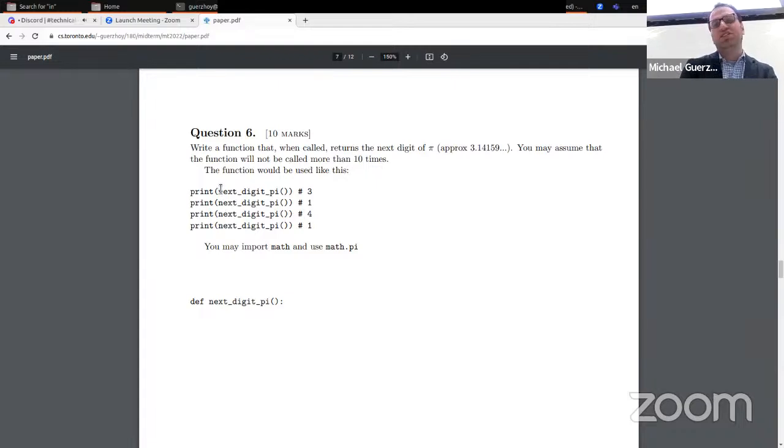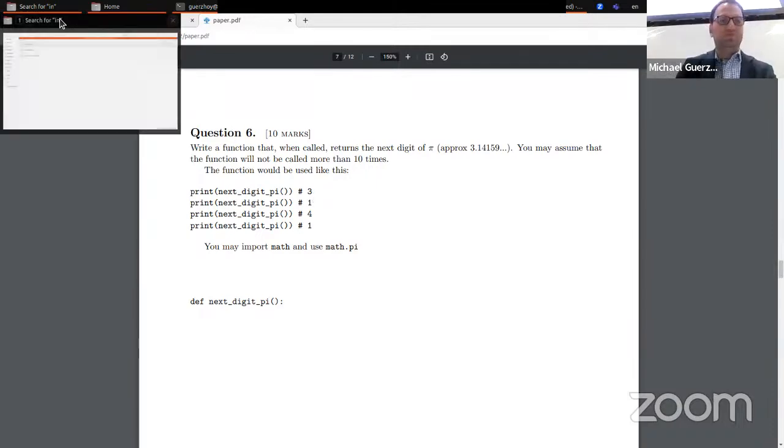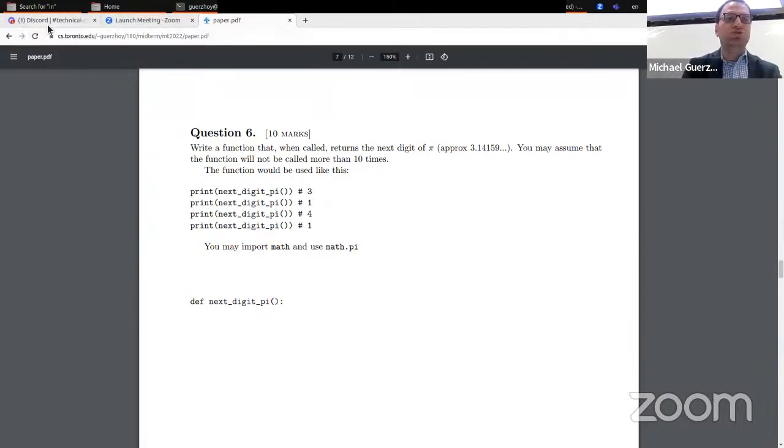I want to talk about question 6, and also about how to approach the more difficult questions. But before I can talk about how to approach it, I need to actually talk about how to solve it. So here's what the question says. We need to return the next digit of pi every time, right? So the first time we call, we need to return 3. And then the second time we call it, we need to return 1, and so on. So in terms of how to approach it,